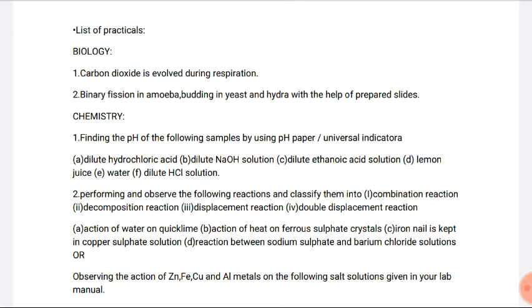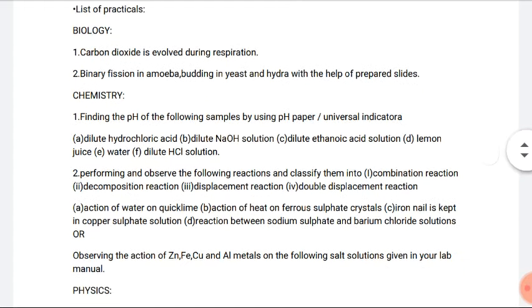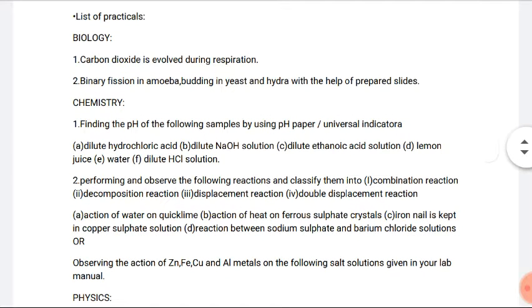Okay, so there is a list of practicals and portfolio topics. One by one I am going to read that. Okay, listen carefully. I will also share the PDF. In that PDF you can read whatever is written there. So, the list of practicals.